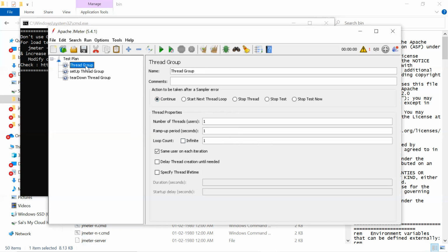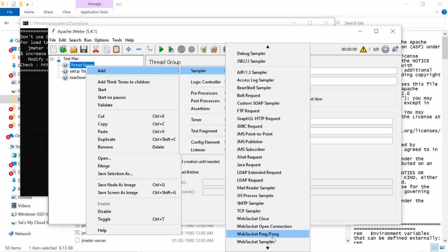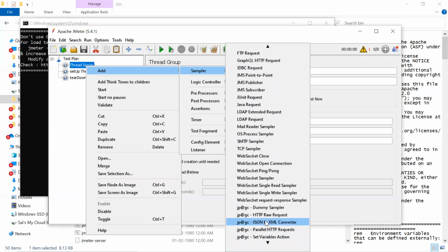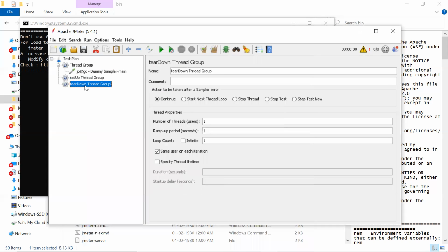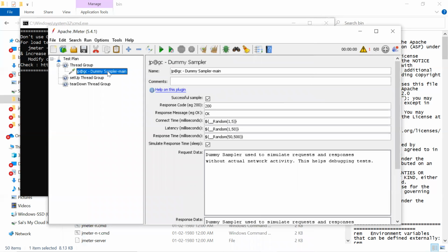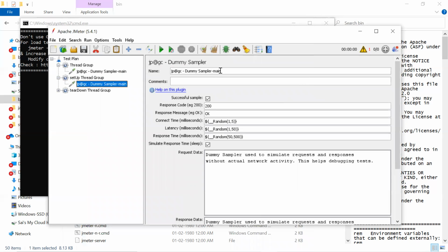Now let's see. Let me add a dummy sampler. Let's fix the main one. And let's put this as a setup one.